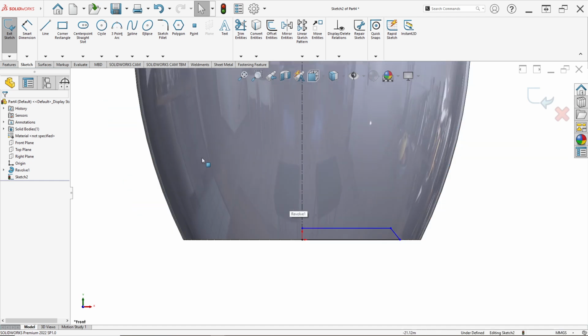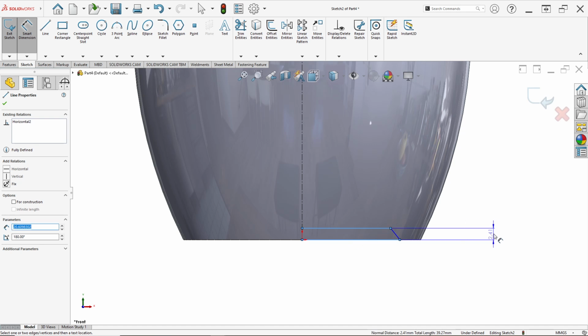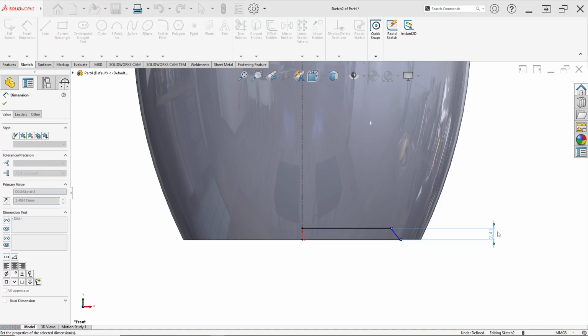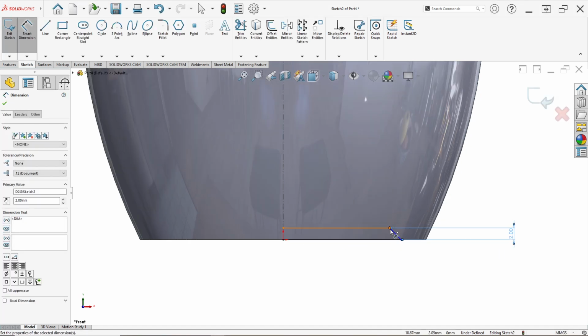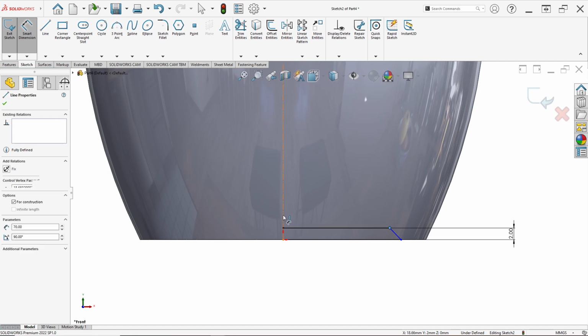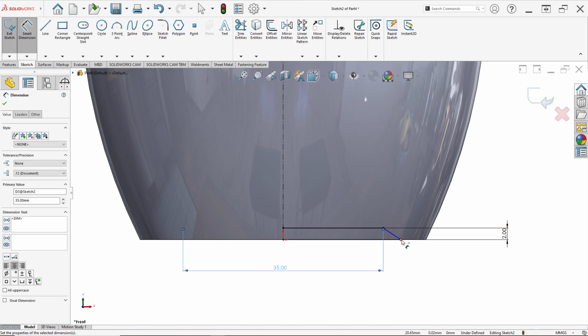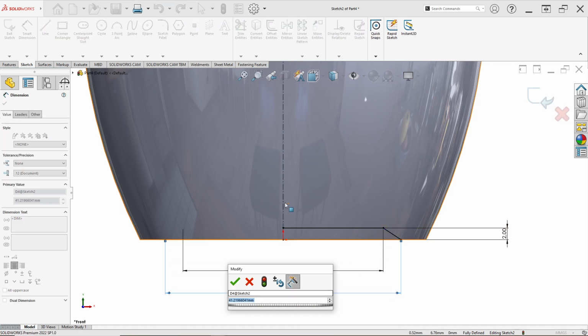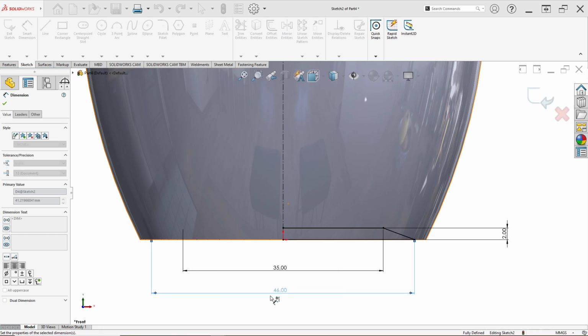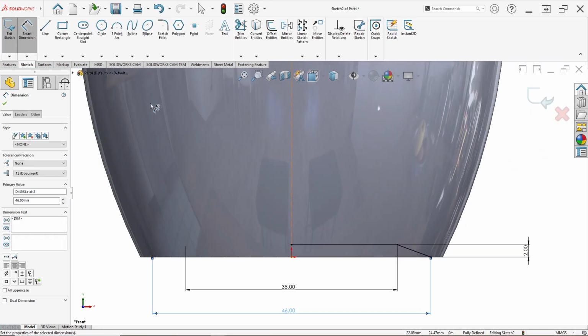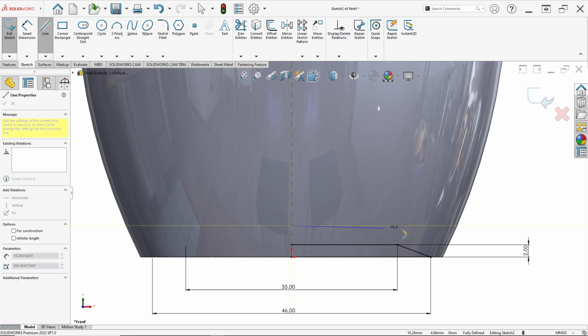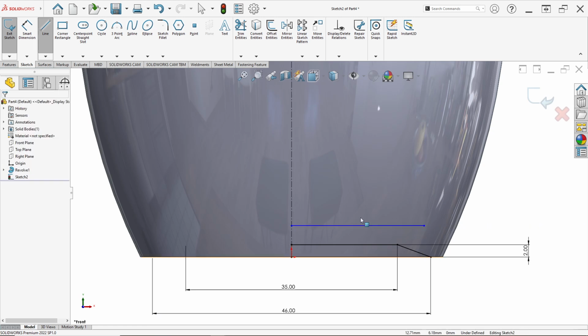From here, the height from this line to this edge I set to 2 millimeter, and this point, click Shift, and here I set 35. This point with the center line I set to 46 millimeter. Then draw a line again, this to this.